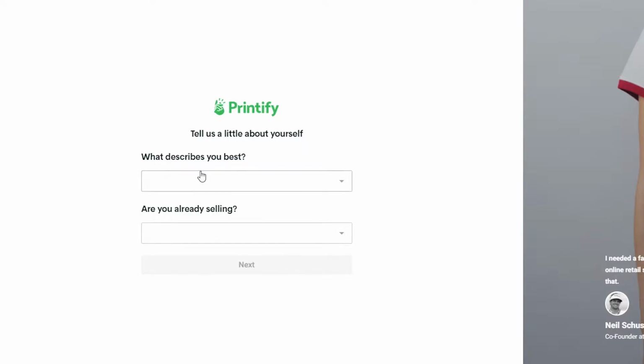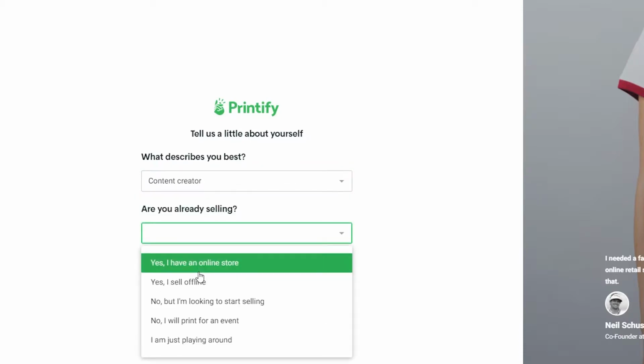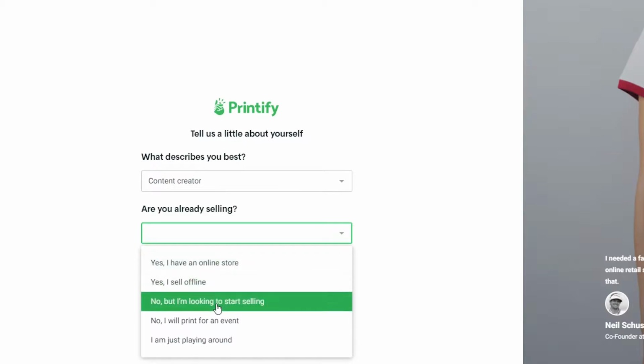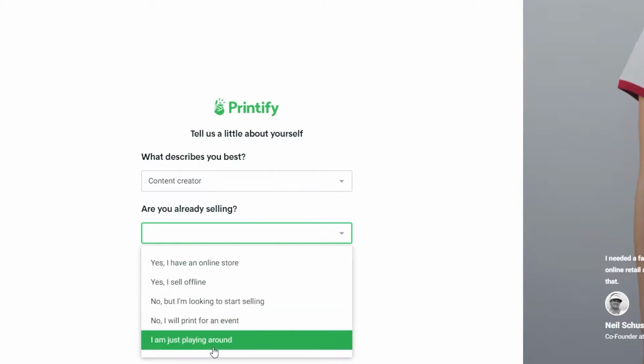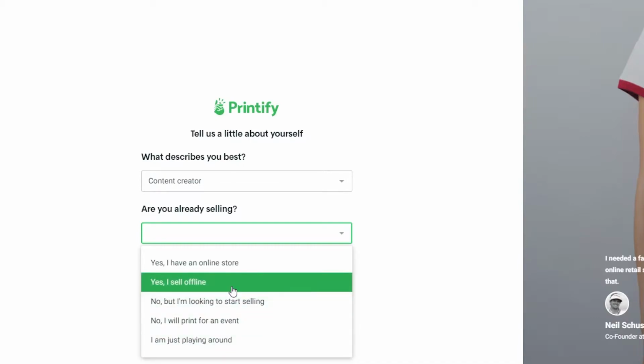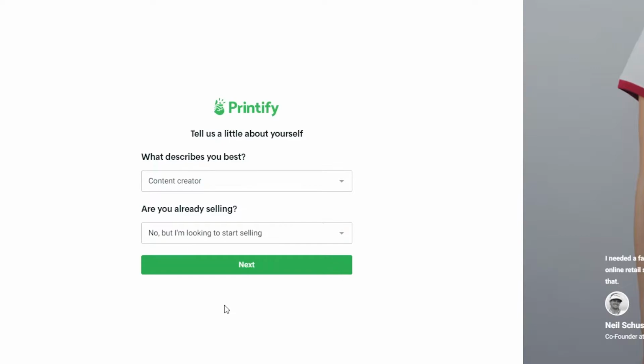Basically, what describes you the best, and are you already selling? So go ahead and answer these questions the way you want to. So I'm going to describe myself as a content creator. And are you already selling? Yes, I have an online store. Yes, I sell offline. No, but I'm looking to start selling. No, I will print for an event. I'm just playing around. So I'm going to go ahead and click on no, but I'm looking to start selling,